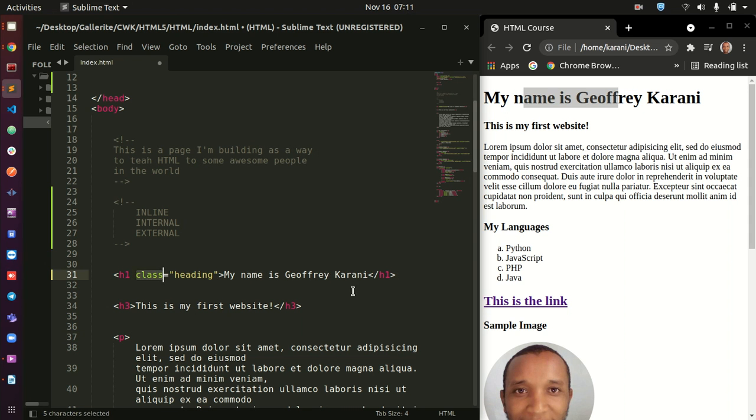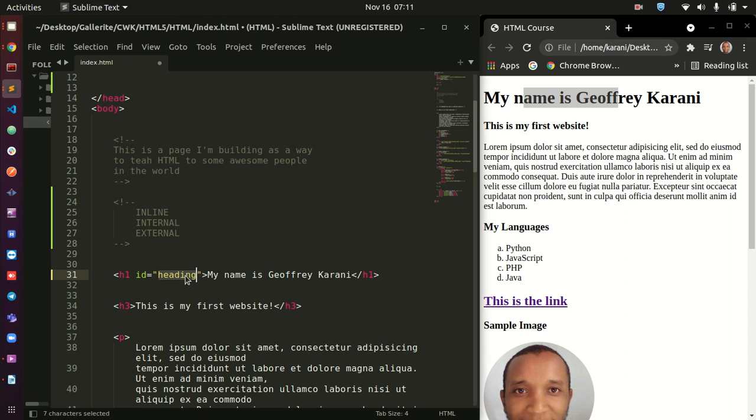So you can call, say, heading 1 ID equals this. Now when you define this as an ID, remember that ID is short for identifier. And by the way, class basically means classification. So ID is identifier, so you cannot have two items that have the same ID. If you define an ID, it has to reference only one document.